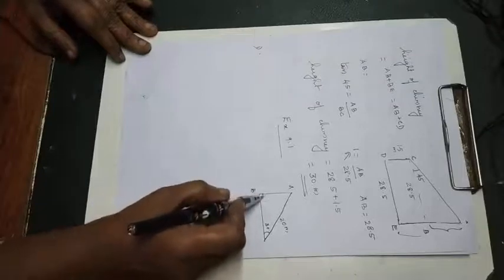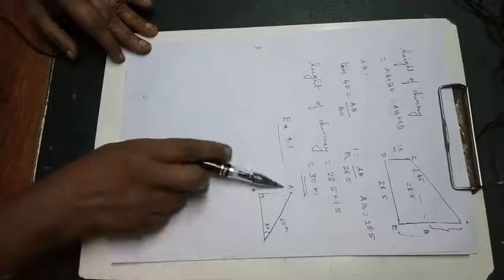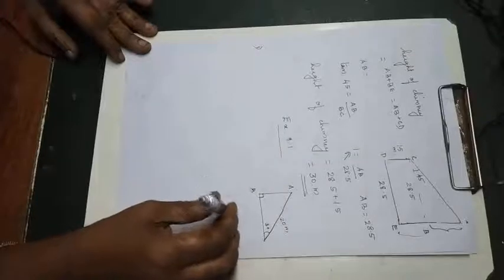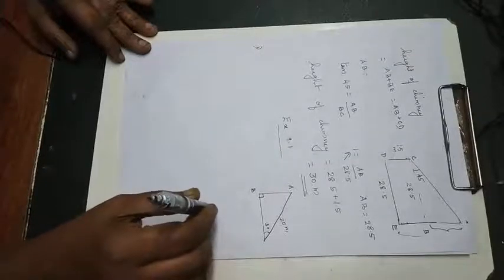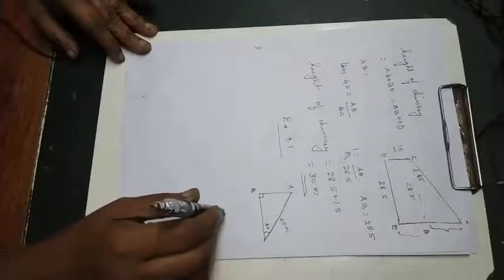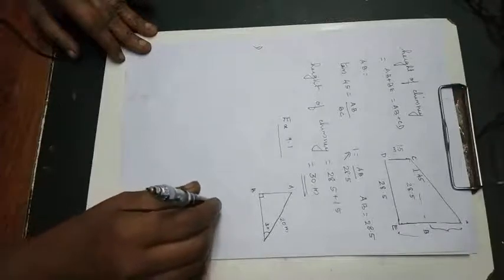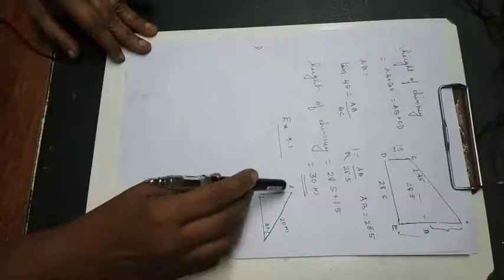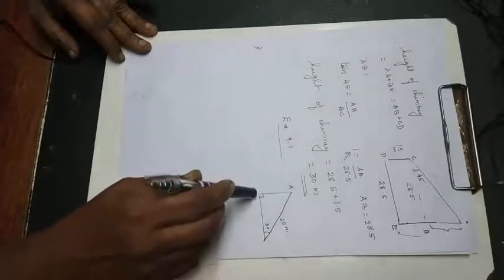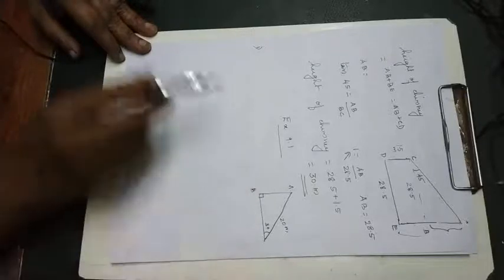So this angle is 90 degrees. When a pole or tower, whatever comes, that will be a straight one, making a 90 degree angle with the ground. Whether it is a building or tower, pole, or a tree, usually we are taking that one at 90 degrees to the ground. Now you are asked to find out AB.